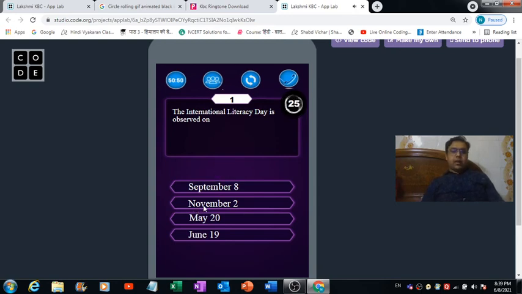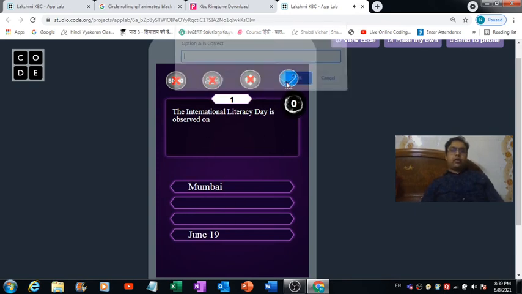If I select this 50-50, what will happen? Okay, two options it has removed from here. If I go and select this public poll lifeline, that's what is going to happen. If I go ahead and select this replace the question option, it has replaced the question.